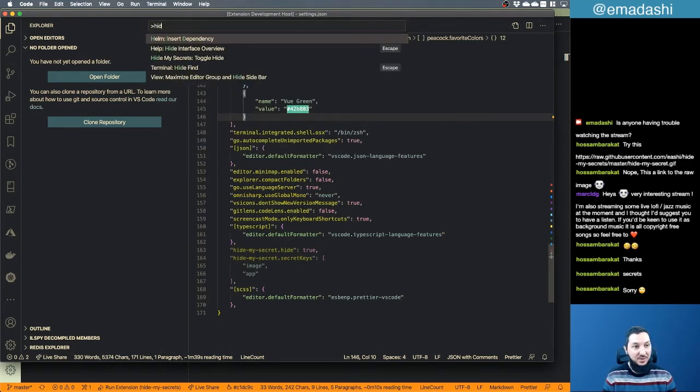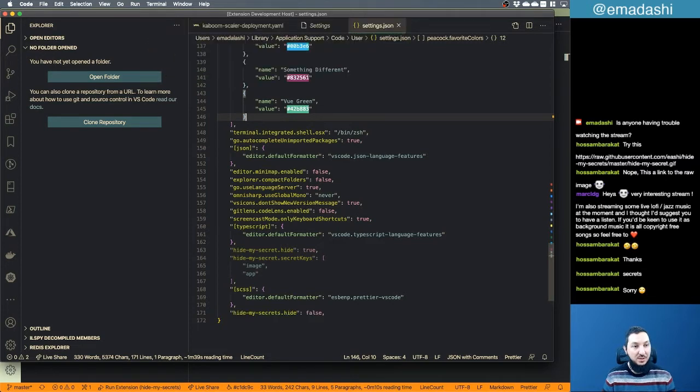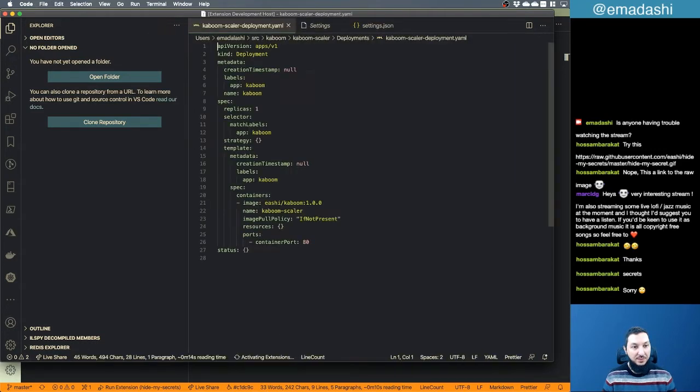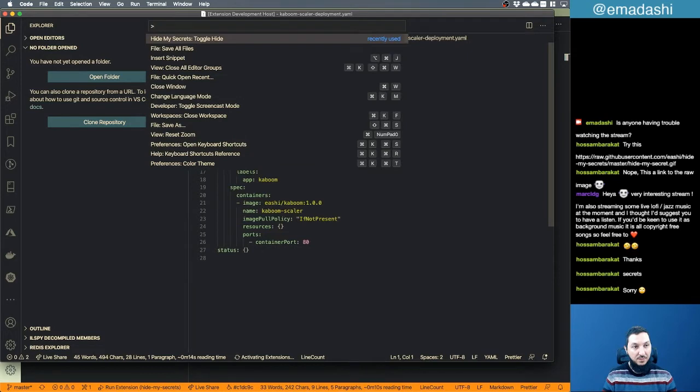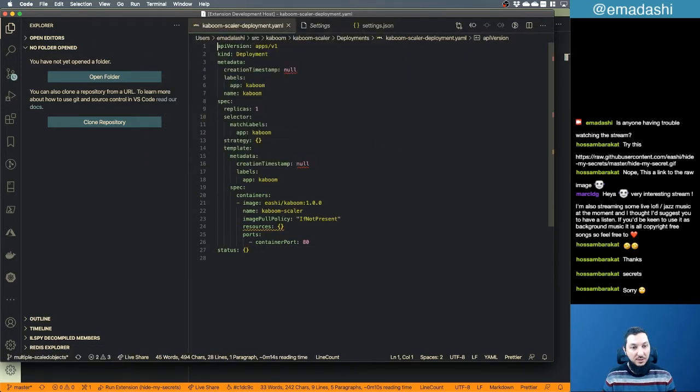Hide my secrets. Okay, it's working fine. So if we go to a YAML file, toggle hide. Yeah, because we don't have anything. We don't have any password, or let's change the file, or let's copy,